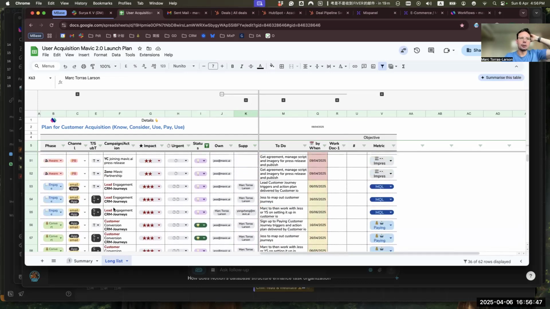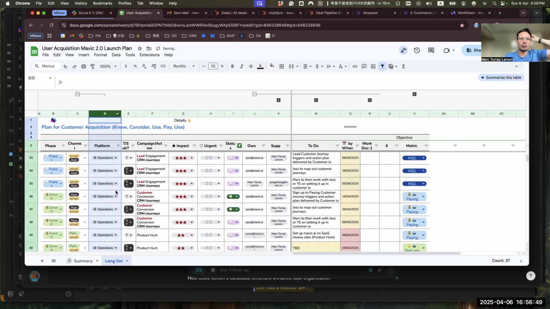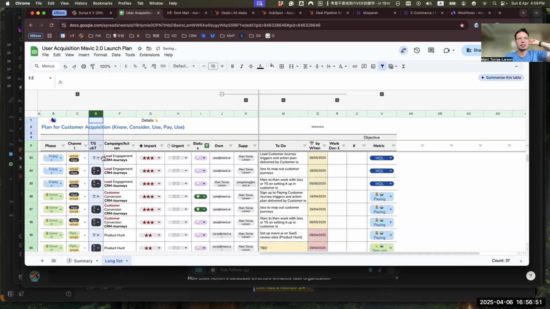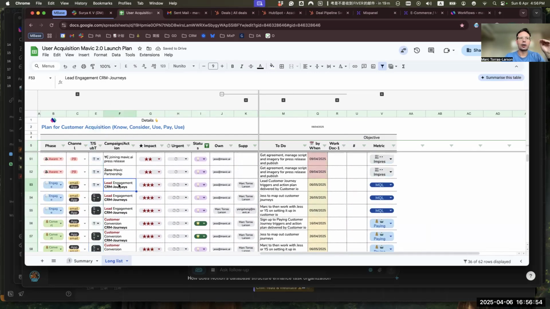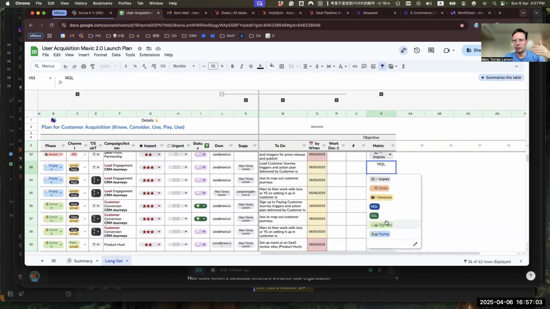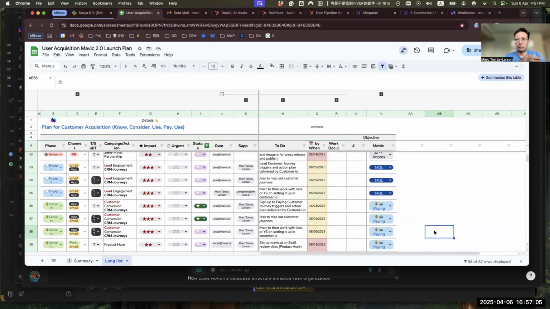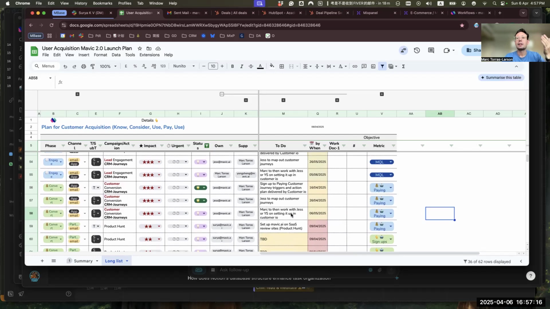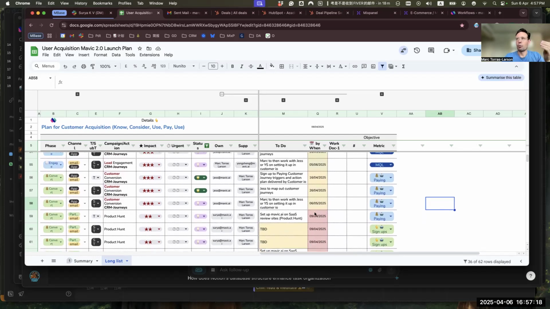There are different stages here. There's this part that is very operational. I put it here as operation, which is lead engagement, the customer conversion journey. Very important tasks. Why? One, create MQLs. One, create SQLs. One, create signups. I can explain this in more detail afterwards, but the key thing here: awareness, channel, not important, I'll touch this. The important thing is, are you assigned? Do you have a to-do? And that's it. We will track on this.